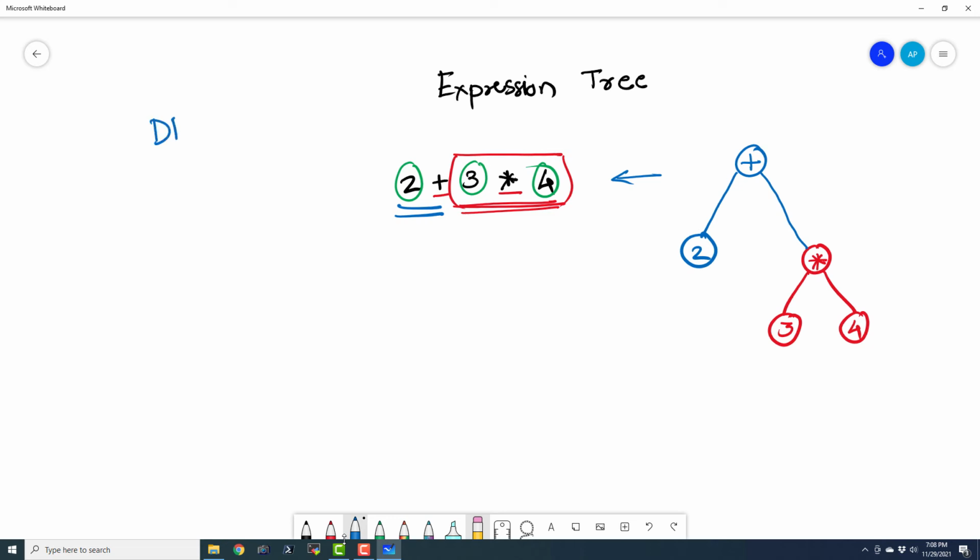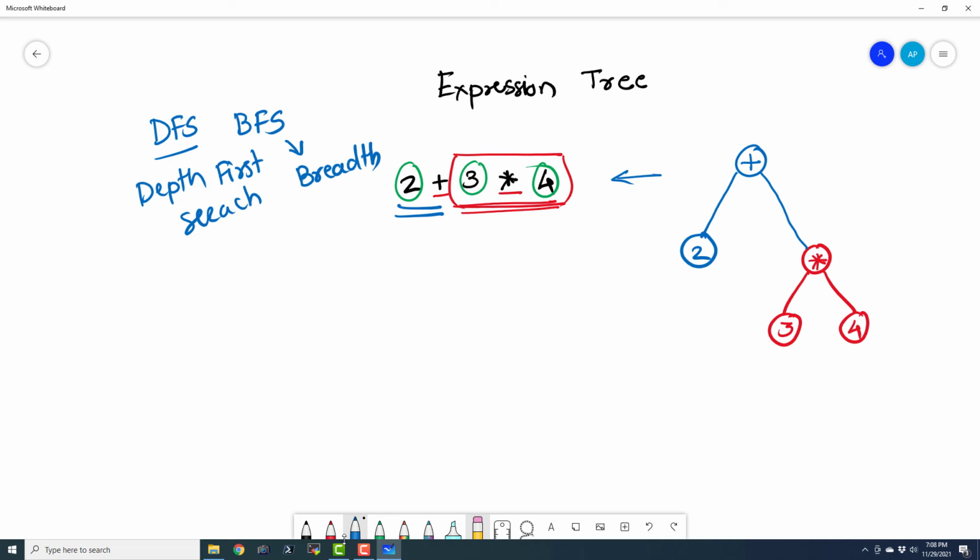One is DFS and the other is BFS. DFS stands for depth first search, and this one is for breadth: breadth first search. So depth first search and breadth first search.